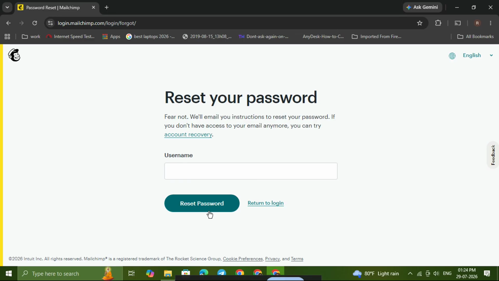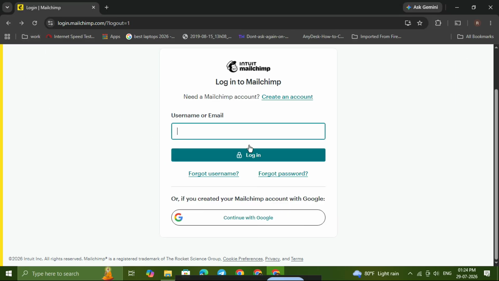Mailchimp will then send you the next instructions, usually by email, so you can create a new password and regain access to your account. Be sure to check your inbox, and if you don't see the message right away, also look in your spam or promotions folder, just in case it was filtered there. After you receive the reset email, follow the instructions carefully and set a strong new password that you can remember. Once that is done, try signing in again with your new password to confirm that your account has been successfully